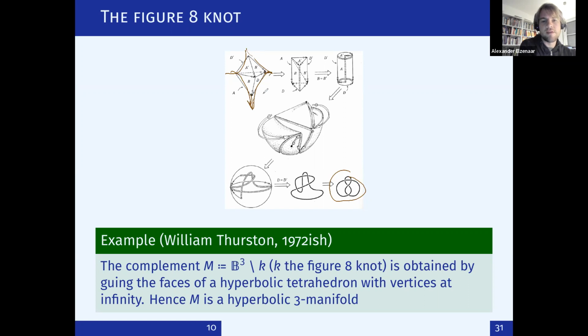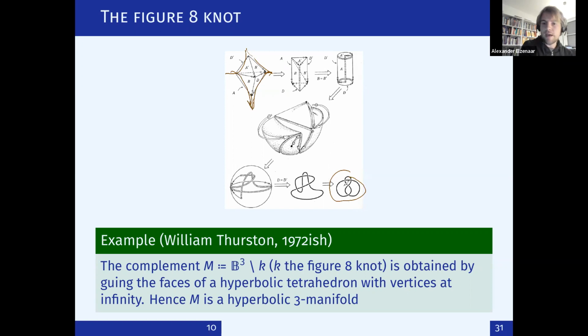So these vertices are on the boundary. These vertices are infinitely far away from the rest of the tetrahedron. There is a way of gluing the edges of this tetrahedron together, just like we glued the edges of the square together earlier to get the torus, such that the resulting manifold is exactly a three